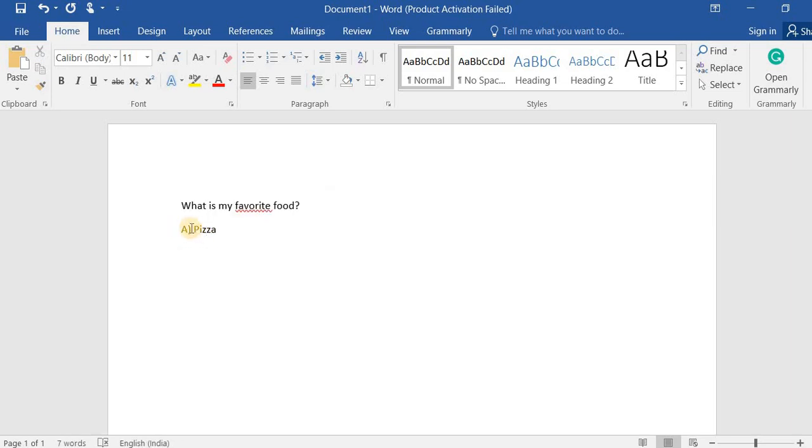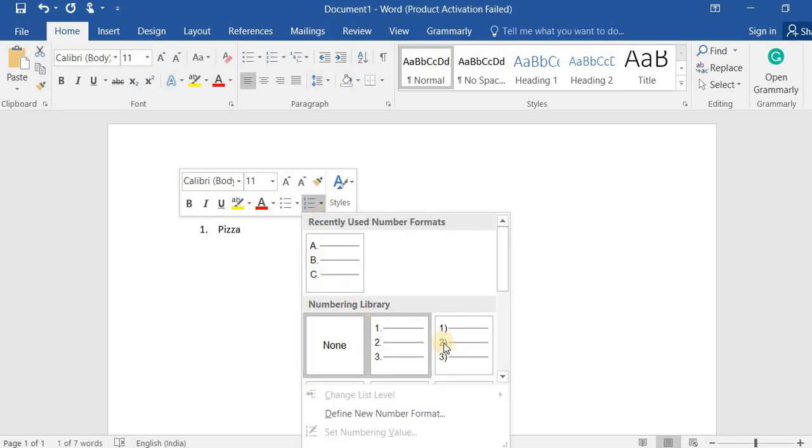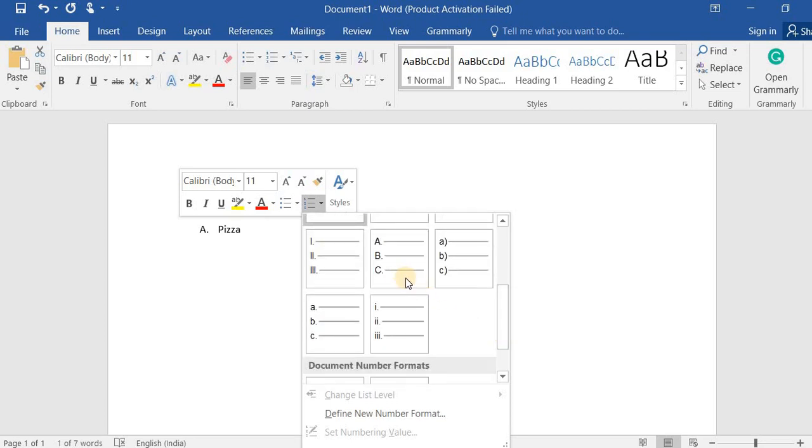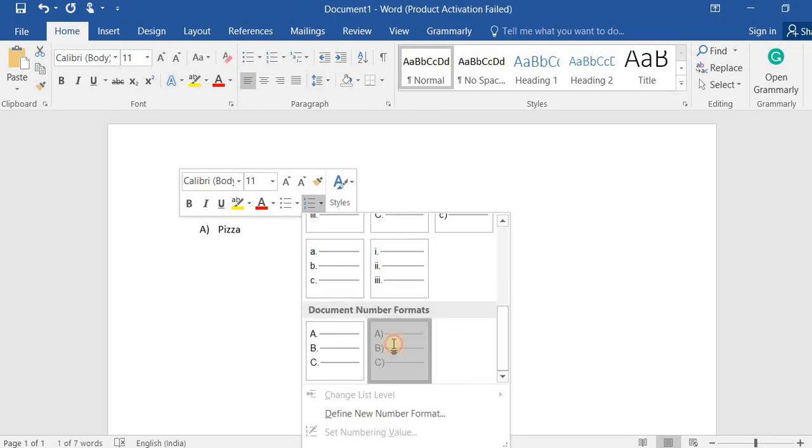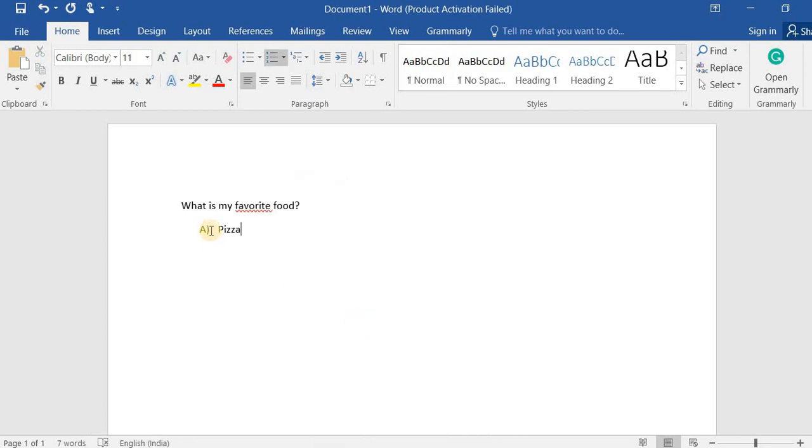So just select this one, and here is the option, and you can select this one. You can see the line is changing there, what is my favorite food, and after that there is a space.